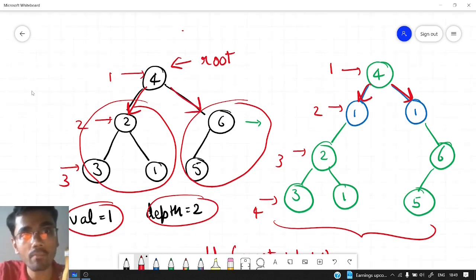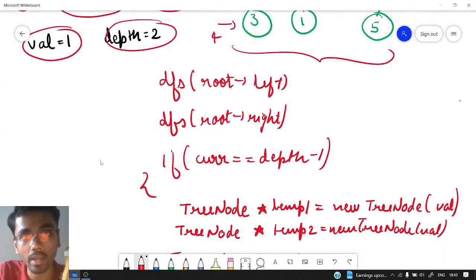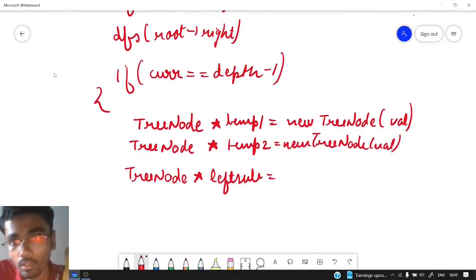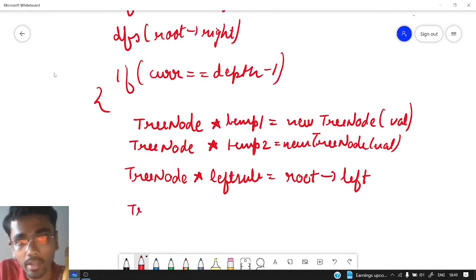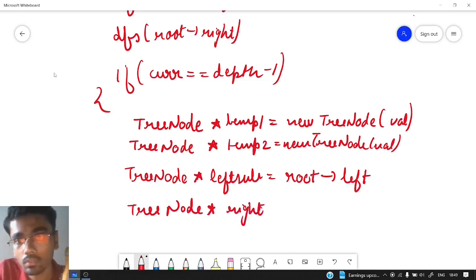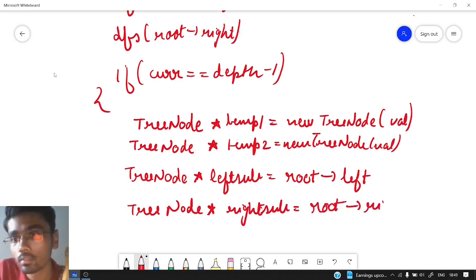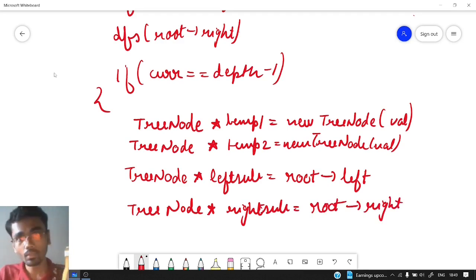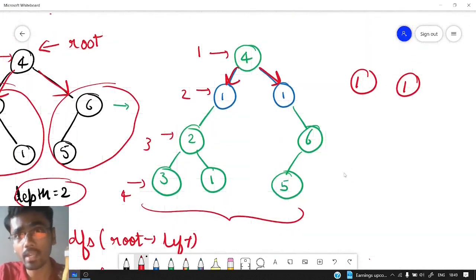So we will grab them with the help of root left and root right. So root left will be the left subtree. Similarly for the right subtree, we'll give the name rightSub, and it will be equal to root right. Now we have grabbed the left subtree and the right subtree.